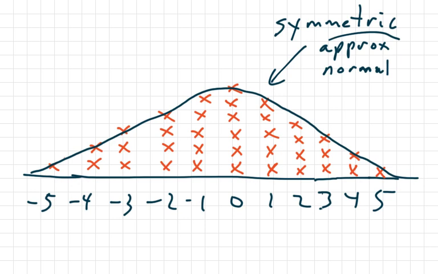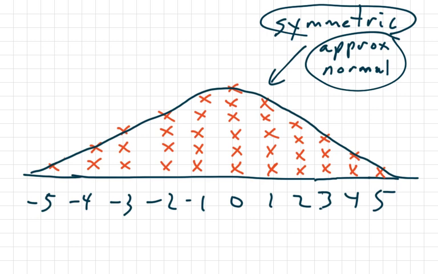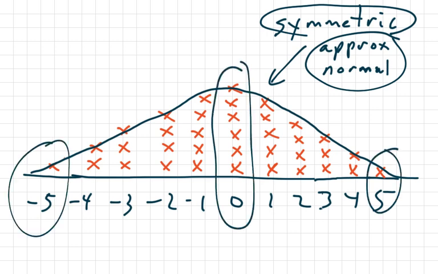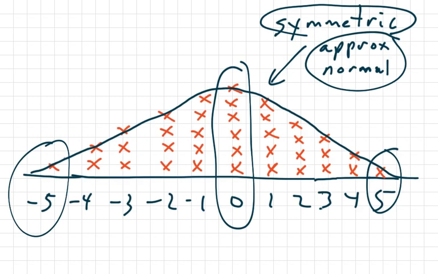So approximately normal, symmetric. But the whole point, guys, is you had to pick the answer that went from 5 to -5, and the most common result should have been 0. Okay? And I don't have the exact choices here, but the idea was there was only one good solid choice that was symmetric or approximately normal that went from 5 to -5, and that was the one you were supposed to pick.